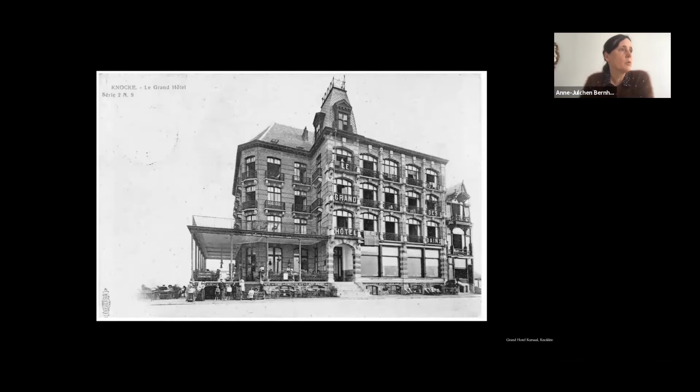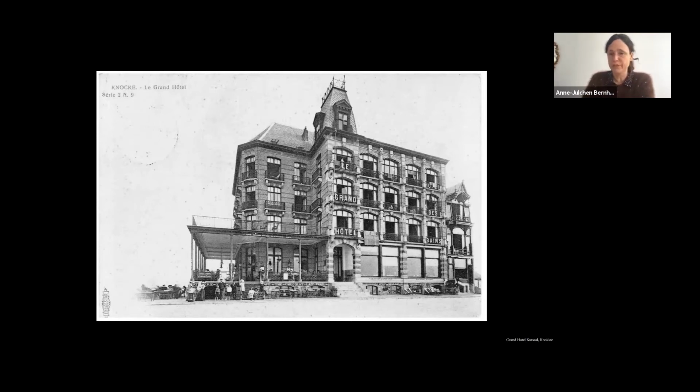Then we started to look at hotels in an intense study of the typology, and we found several hints, like in this building in Belgium on the coast.